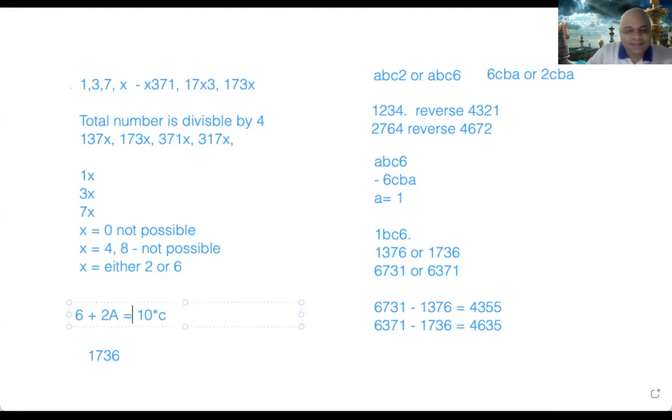So this becomes 6 plus A is equal to 10C. Now what number do you add to 6, and C is only 1 digit. Can 6 plus A ever be 20? No. A being 1 digit, its maximum value is 9. 9 plus 6 is 15. The minimum value is 1, 6 plus 1 is 7. So 7 to 15 is the range, and you get 10 times C. C can be only 1, 2, 3, 4, etc. So the only possibility is C is 1 and A is 10 minus 6, which is 4. That is how you get it. So A is 4.